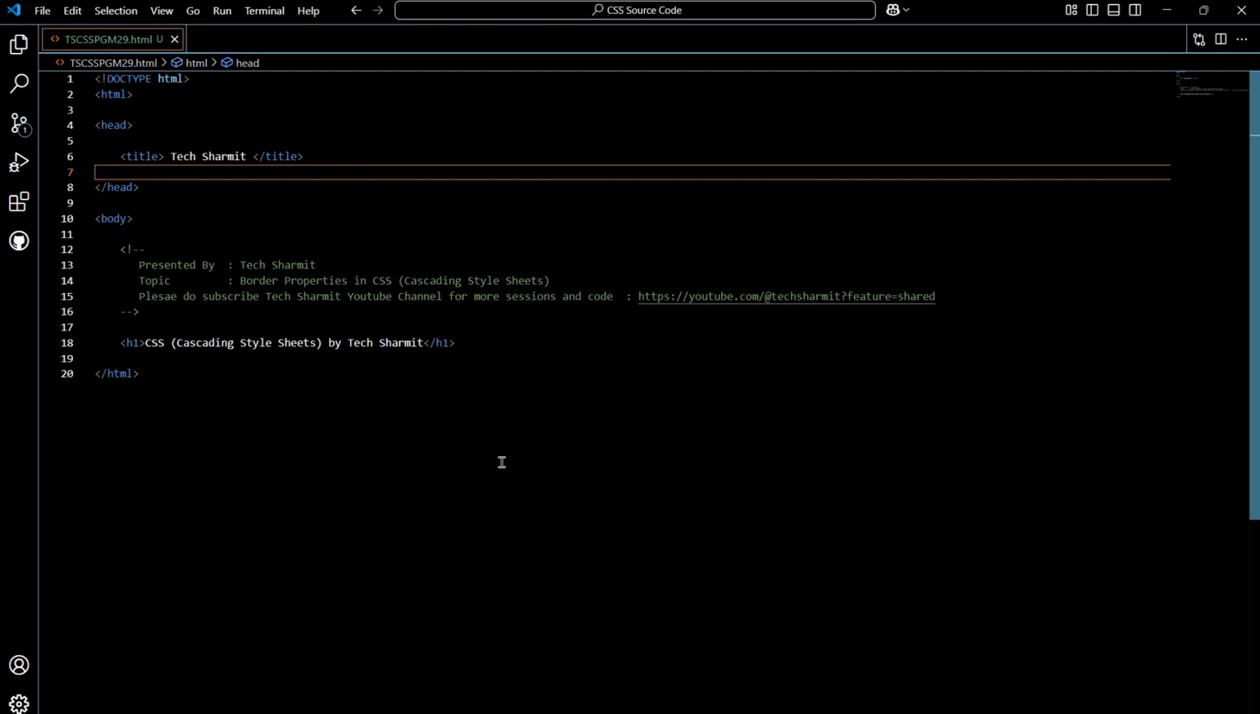In this session, we are going to talk about another two very important border related properties, that is border left and border right. So by the end of this session, we will be able to answer what is border left property, what is border right property, how we can use it for customizing the border. Along with these two properties, we will also cover other correlated properties related to border left or